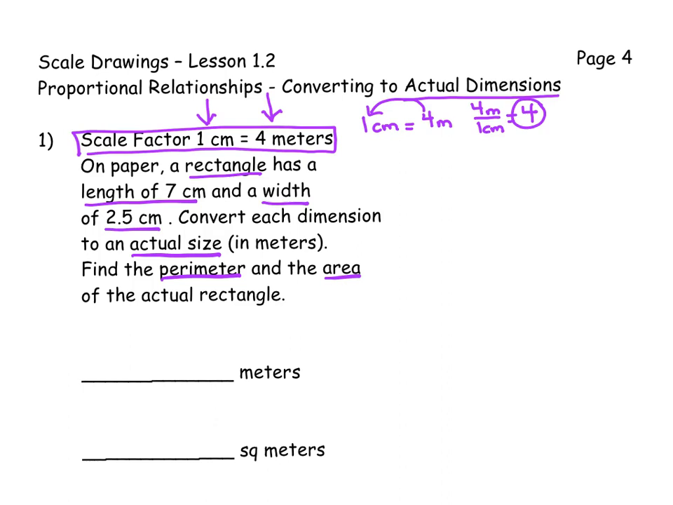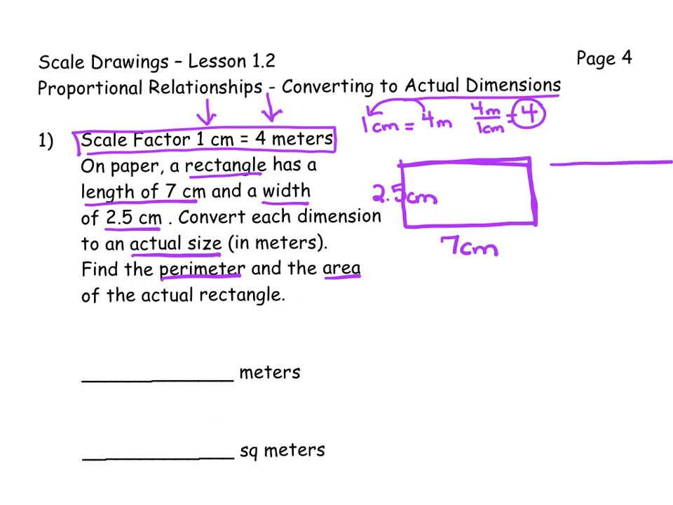Okay, it's time to set up our table and a picture of our rectangle. Let's start with our rectangle. We know the length is 7 centimeters and the width is 2.5 centimeters on paper. But we need to convert each of those dimensions to the real or actual dimensions. Create a T-table